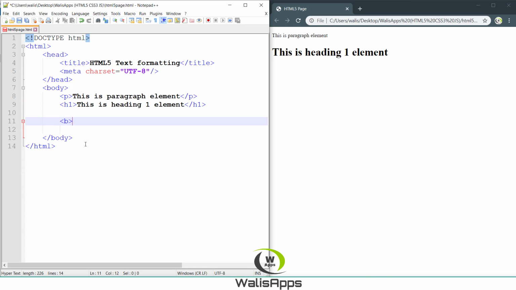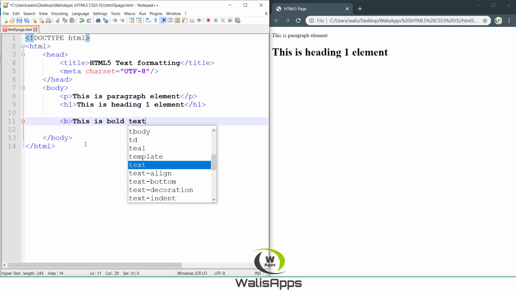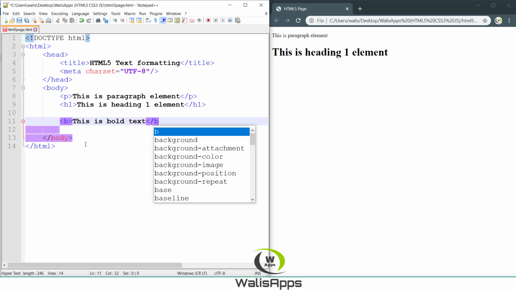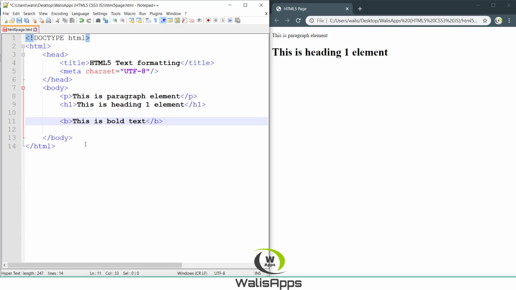B, this is bold text. Okay, Control S, then refresh the page. This is bold text. This is the simple paragraph text and this is bold text. Okay, then